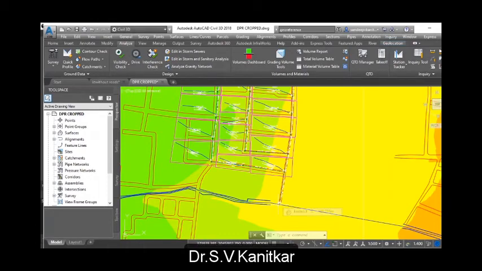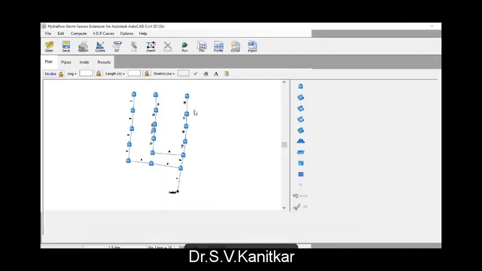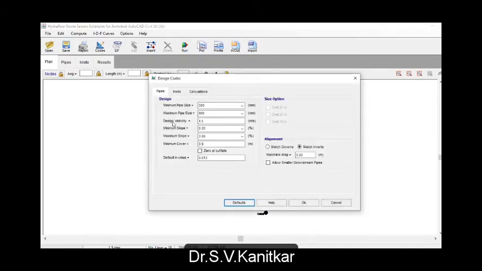Now for design, what you do is export this to HydraFlow, which I have already opened. The same network is now opened after designing the layout in HydraFlow, which is again a built-in tool in Civil 3D. Herein you can set the codes related to storm drainage design.